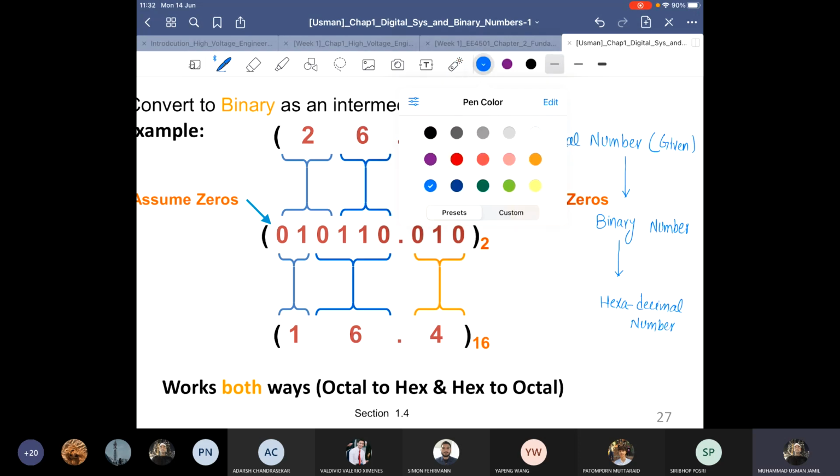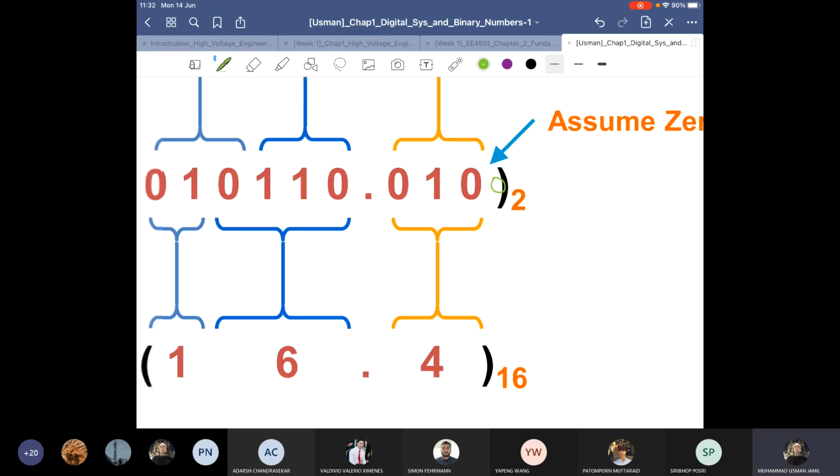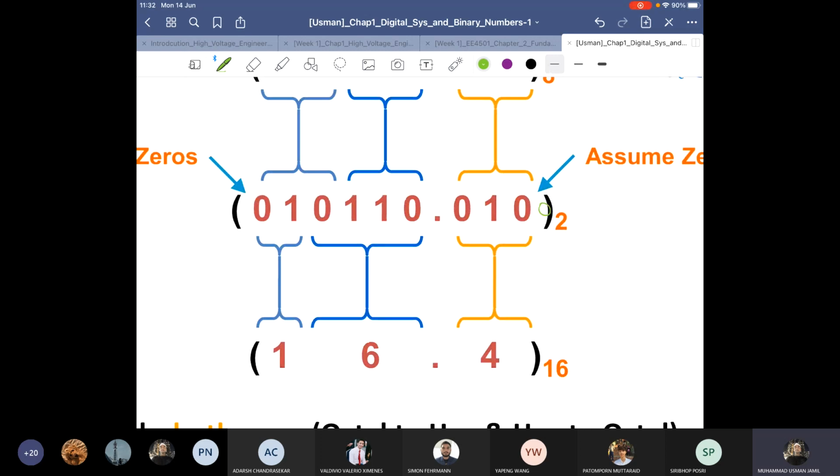And then for this one, add an extra 0 here. Add an extra 0 here. Then now make this one 4 digits. So you can see now this is 4 bits. Then from this one to this one, 1 0 here and 1 0 here.